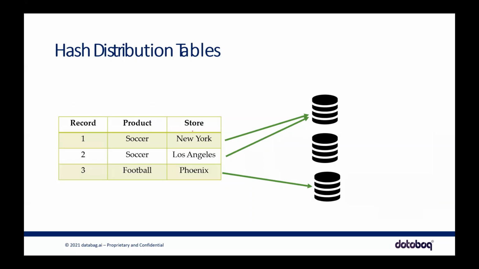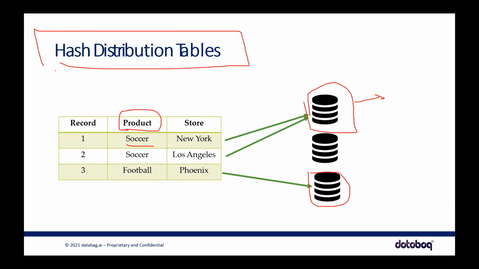So here in the example, I think the hash distribution was done on product, right? On product, because product is unique. Don't get confused between this unique and the uniqueness which we spoke about in SQL, NoSQL. Okay, so here if you put a hash on product, soccer category will be in one compute node and the football category will be in the other compute node. So whenever you put where soccer, it will go to this compute node and fetch the data. Okay, so hash distributions are mainly used for fact tables with huge data.